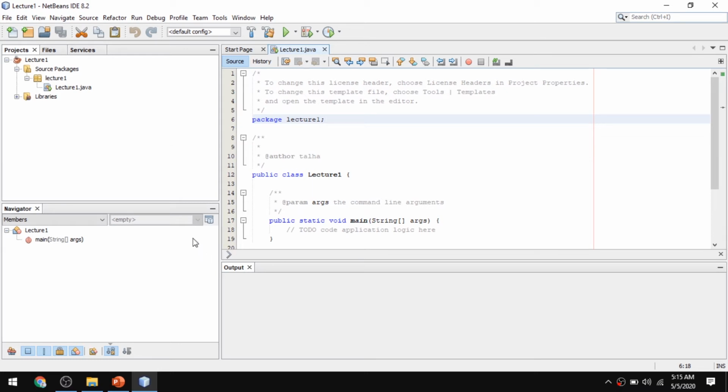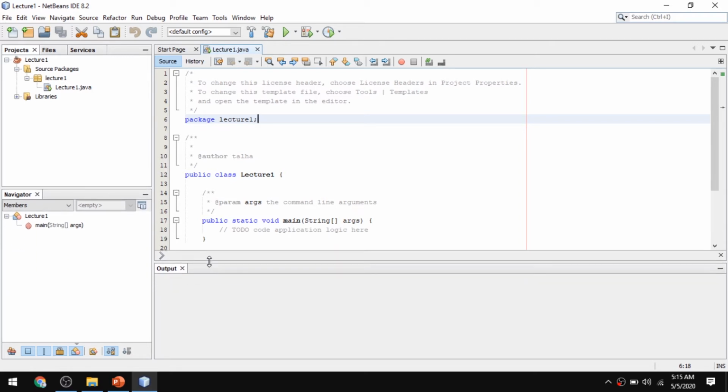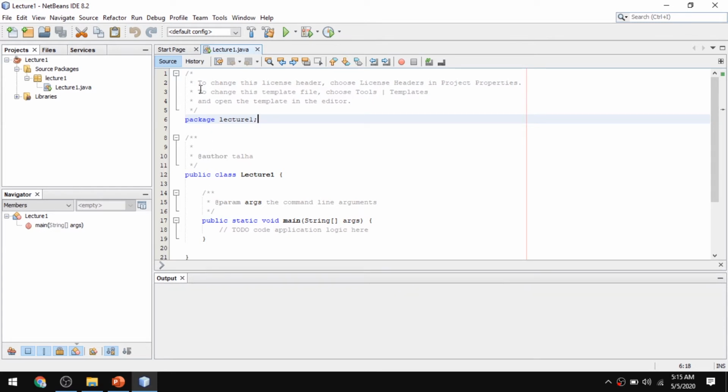Now from this interface you can see there are 4 panels around the whole NetBeans screen. You can drag all of them to manage whatever position for each panel you like, and you can also go to different pages if you want when you have multiple files.